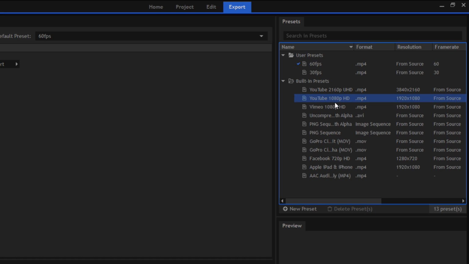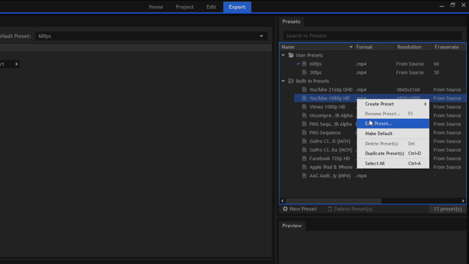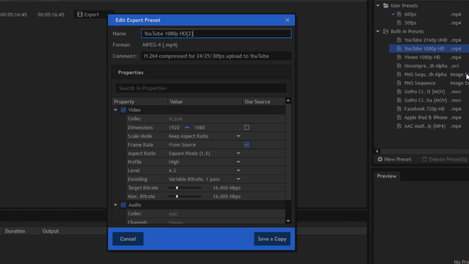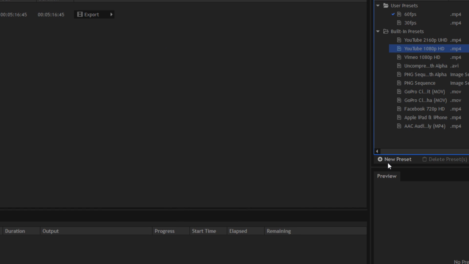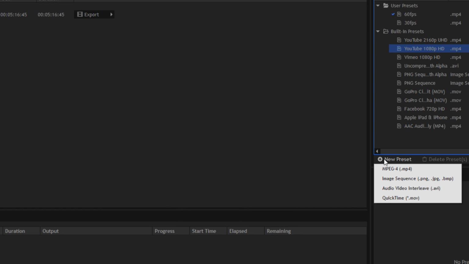They have the YouTube 1080p HD, and you can, of course, modify the preset by right-clicking and hitting Edit Preset. The 1080p HD will probably work for some people. Frame rate is same as source with that. You can have the variable frame rate, and it has a target bit rate and max bit rate of 16, which is definitely good. Or you can always make your own preset by hitting the new preset button right here,